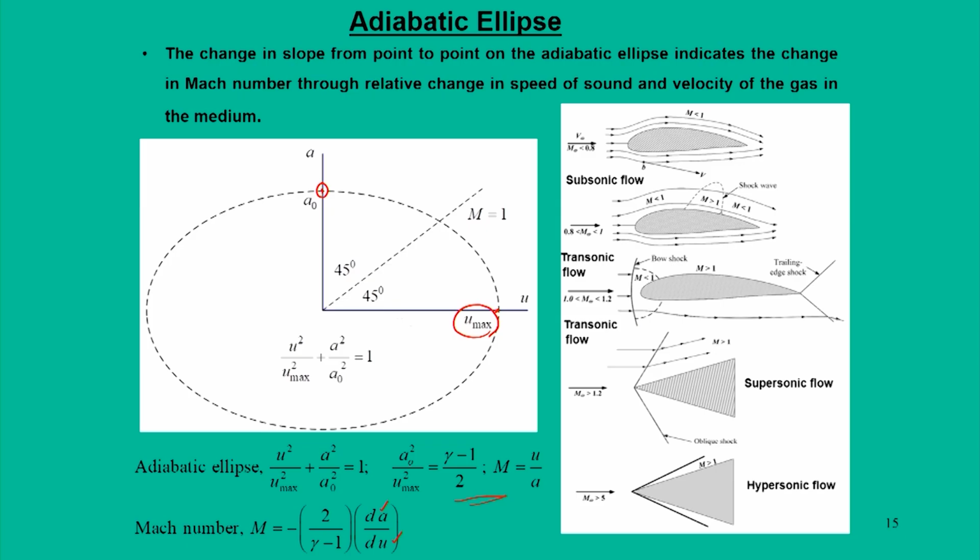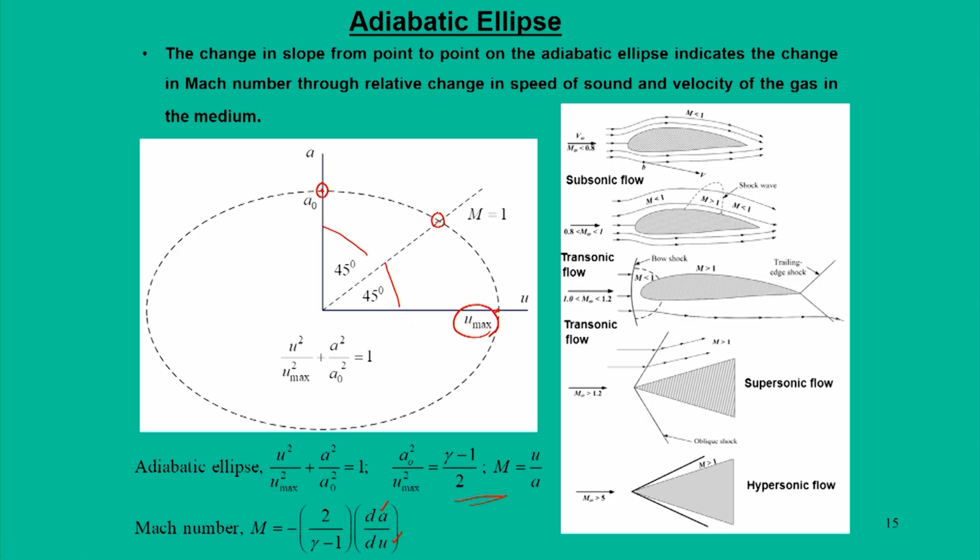Now, let us see what happens if you draw a line at 45 degrees on this u and a axis. Wherever it crosses, this point represents the location where the Mach number